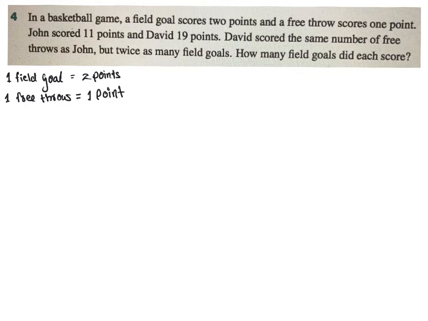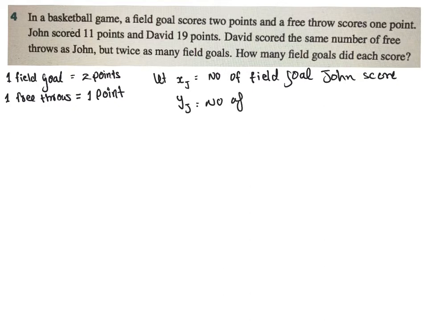And also I'm going to define the following. Let xj equal the number of field goals John scored, and let yj equal the number of free throws John scored, and let's say xd would be the number of field goals